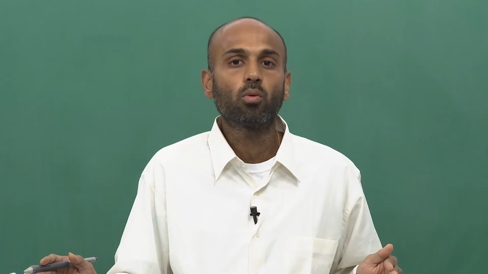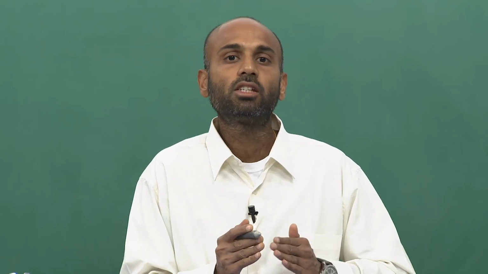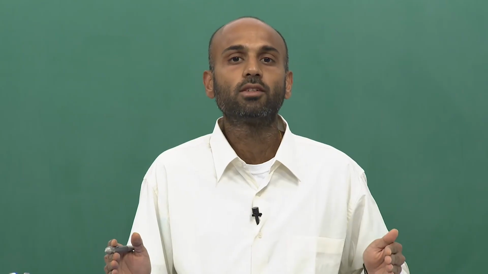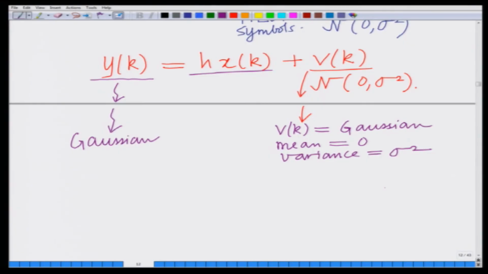So, the resultant output yk is also Gaussian, except its mean is shifted by h xk and its variance is going to be the same, that is sigma square. So, similar to what we have seen in the context of a sensor network, this is going to be a Gaussian with mean h xk